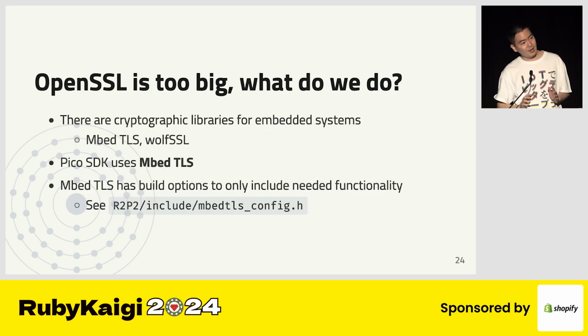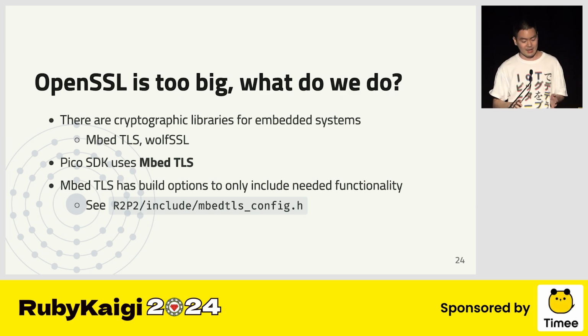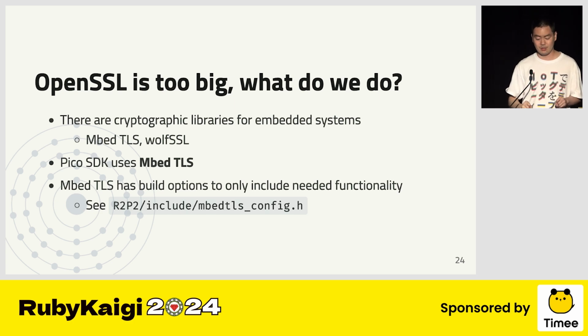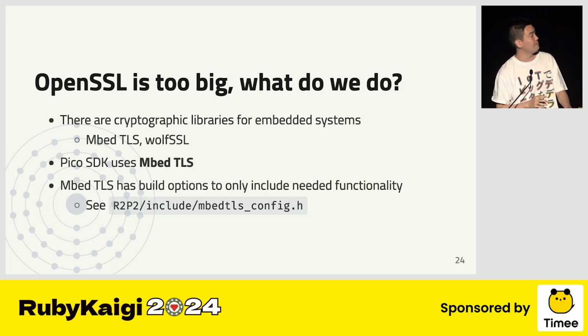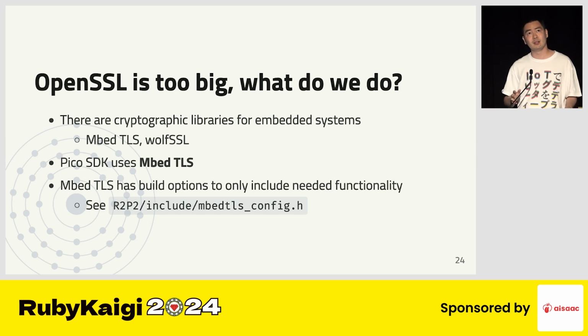And why did we not implement OpenSSL into PicoRuby? It's because it's too big. OpenSSL does everything, so the binary becomes too big to go into embedded systems. So there are cryptographic libraries specifically built for them, such as mbedTLS and wolfSSL. And Pico SDK uses mbedTLS, so we decided to go with that. And mbedTLS has build options to only include necessary cryptographic functions, and you can see what is included through the